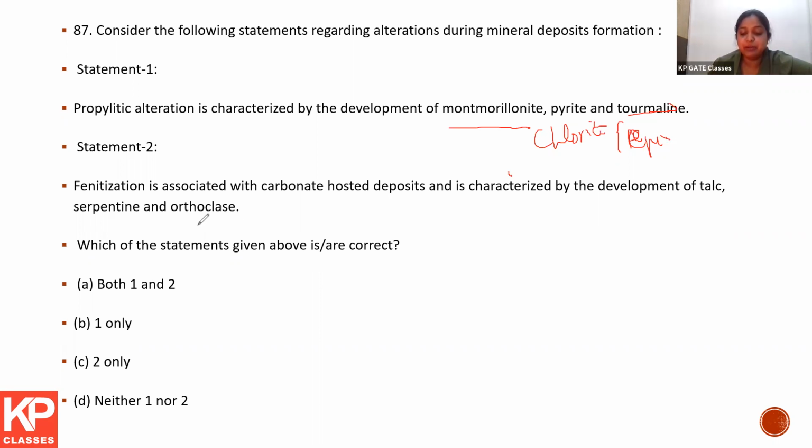It is characterized by the development of sodic and sodic plagioclase and sodic minerals and alkali